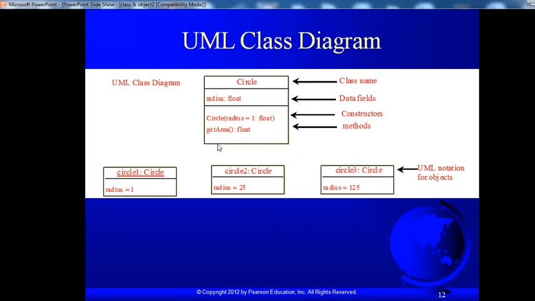Then there is a method. What is the method? Using that radius you can get the area. If the radius is different, you automatically get a different area for that particular circle. All of this combination is called classes and objects. That gives you the difference between defining classes and objects.